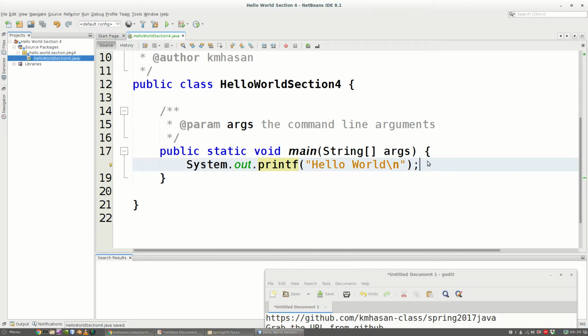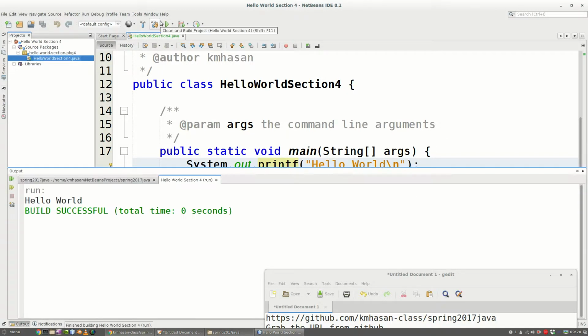So, system.out.printf hello world with a new line. I wrote that, and then I'm going to hit that play button that compiles and runs my code. I see hello world printed just there. Okay,